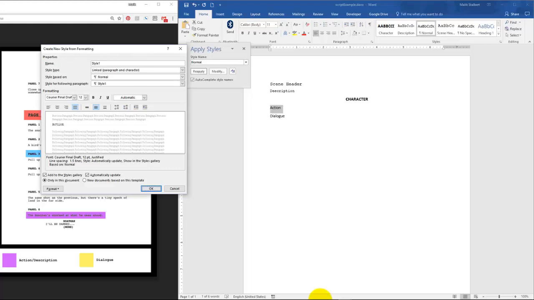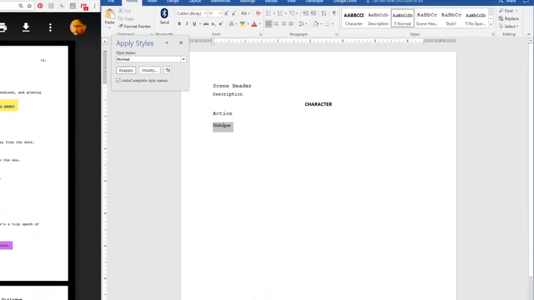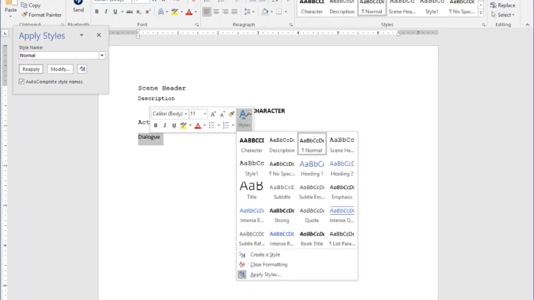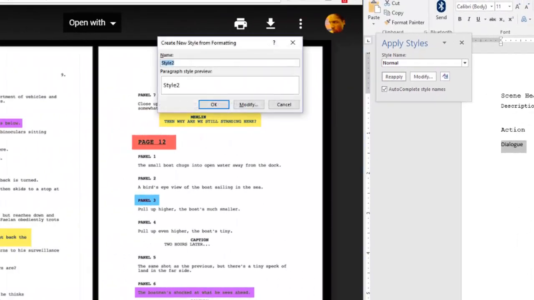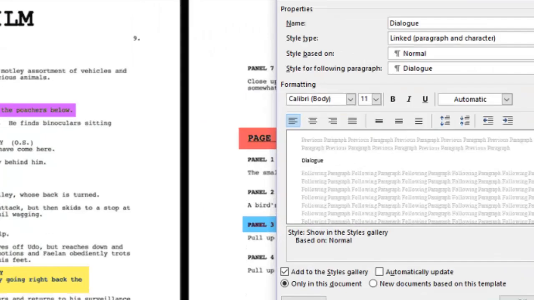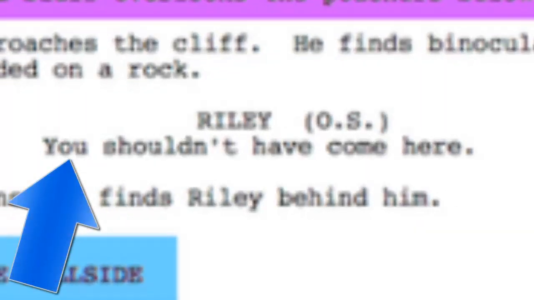And finally my dialog. So hit OK. Same thing. Create Style. I'm going to call this dialog. Modify. This part right here is the dialog. You notice it's not quite centered. It's a few tabs over.